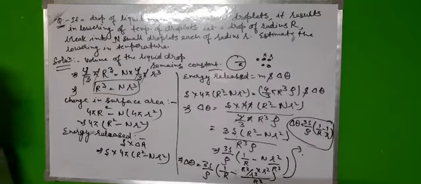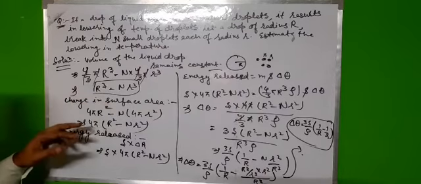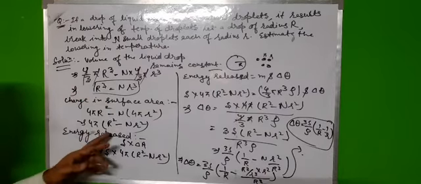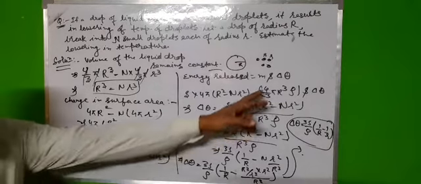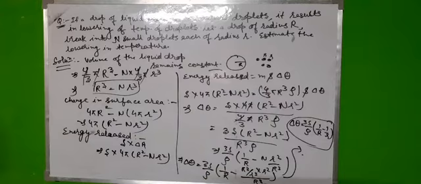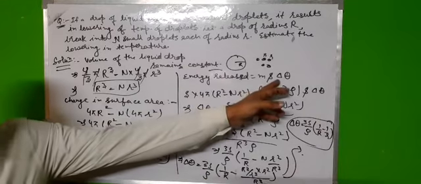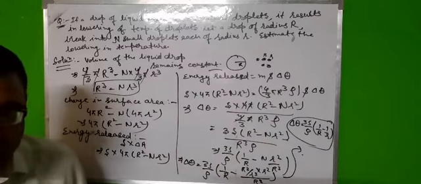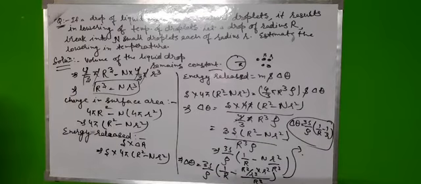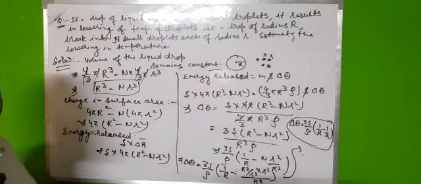So this is a good question, students. First of all we calculated the volume relation, and from here the change in energy released equal to this. After that we calculated the value of delta theta, that is, energy released is equal to m s delta theta, and from here we calculated the value of delta theta. Now moving on to the next numerical, students.